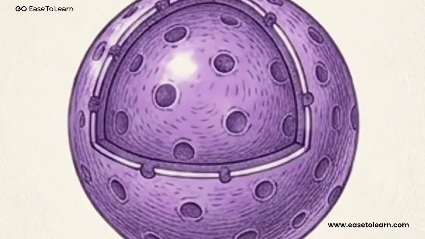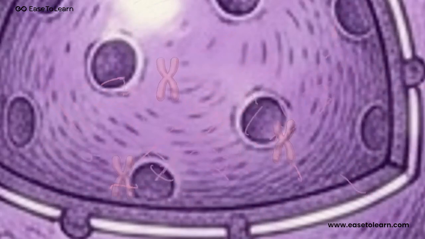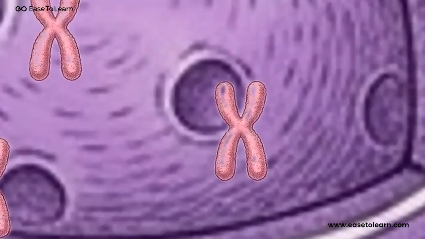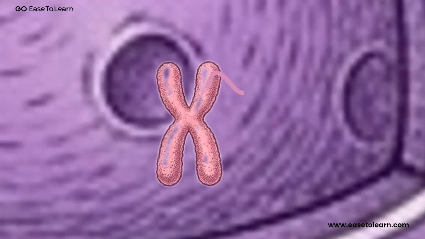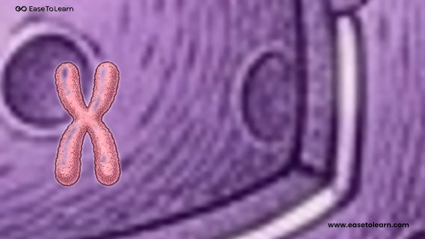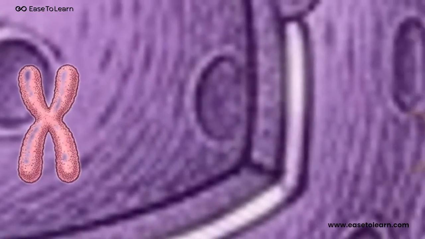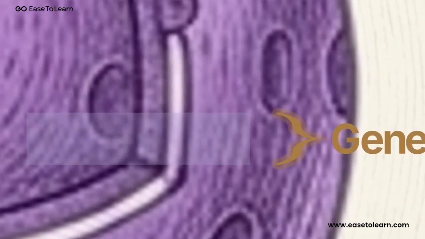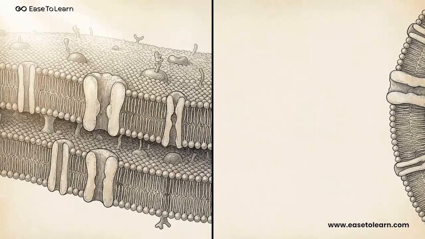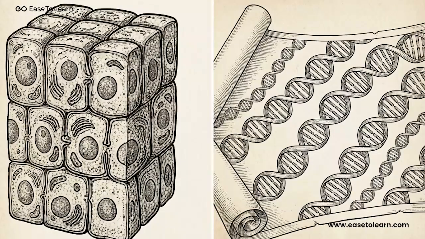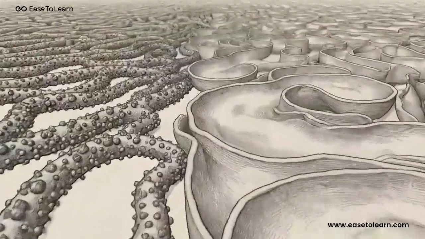Look closely at this diagram as we zoom into the nucleus. This is where the city keeps its blueprints. You can see genetic information packed tightly into structures called chromosomes. These contain long strands of DNA, which are further divided into tiny functional units called genes. The outer membranes keep the city secure from the environment, while the genetic blueprints in the center ensure every part of the cell knows its exact job.